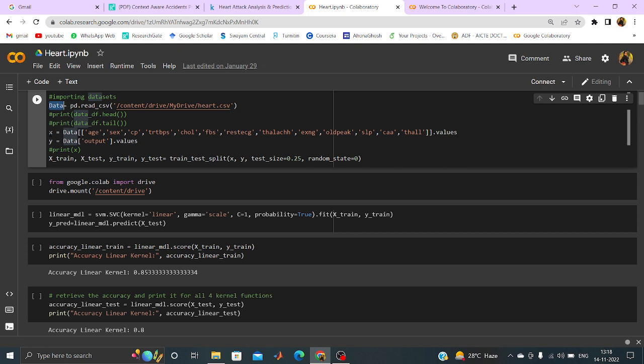That means based on the x values the y will be predicted. So x is data, that means from the data file the age attribute, sex attribute, cp, trtbps, chol, fbs, stcg, thalach, exeng, oldpeak, slp, caa and thal. These attributes have to be fetched, and for these the values actually have to be fetched. So inside the x we have to store the values of age, sex, cp, and the rest of the x